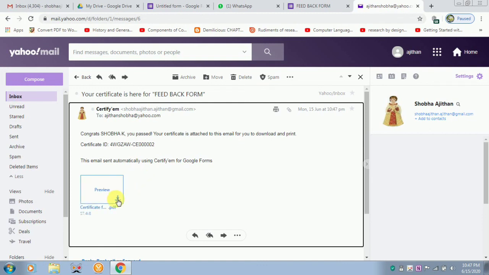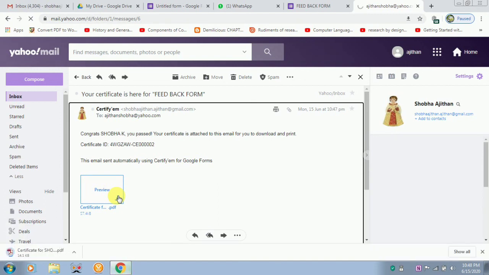You'll get the certificate. I am downloading it now to see whether the name, my designation and the working place are in the correct position. So my certificate is getting downloaded. Since I clicked twice, I got 2 certificates now.